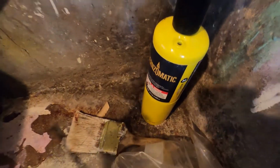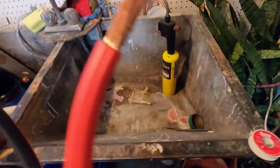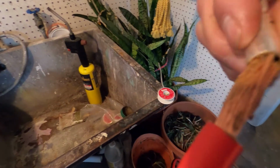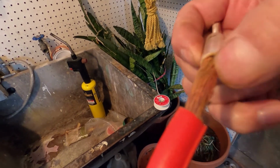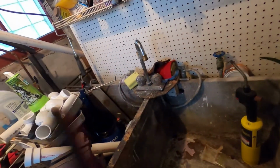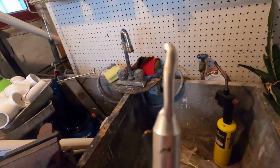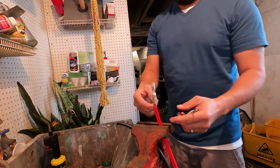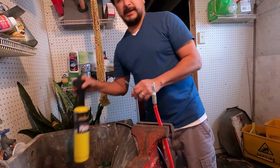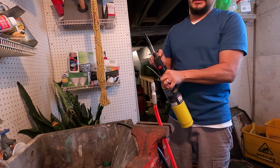Alright, so it's MAP gas that I'm using. There's my solder. I put flux on here already. So there is flux on here. And see, there's a certain way that you want these to match up when you put them on. If you got your wires side by side, you want them to be facing the same way so you don't gotta twist the wire. Alright, I don't know if you see this right here, but I got it facing upward because I'm gonna try to do it like copper pipe. If you heat the top,